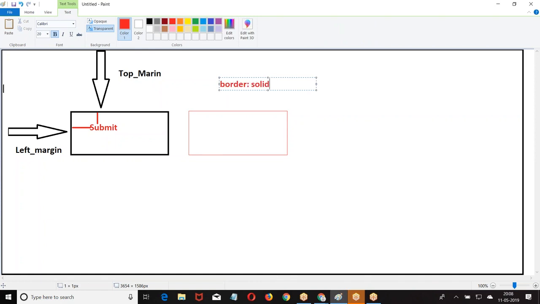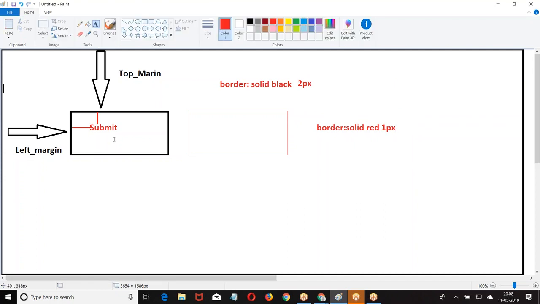Border solid black. Now I am giving it border solid, the thickness of the border, right? So what we have? Left margin, right margin, then padding left, padding right, okay, borders. Then while you are printing the border,